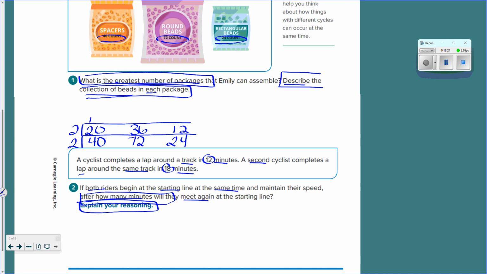Can 2 go into all three of those numbers? 2 goes into 10 5 times, 18 9 times, and 6 3 times. Can 2 go into all of those numbers? 5, 9, 3. Okay, so here's where we would do the glass ceiling and keep going, because can 3 go